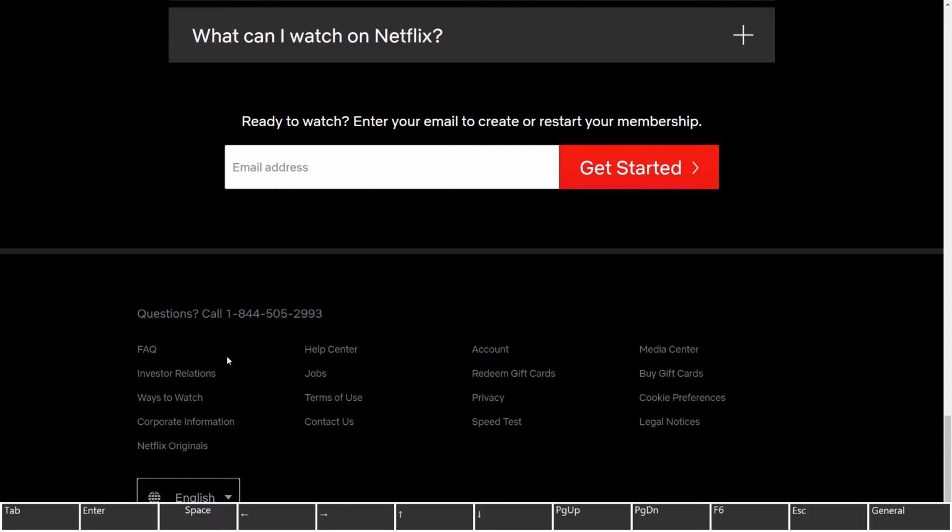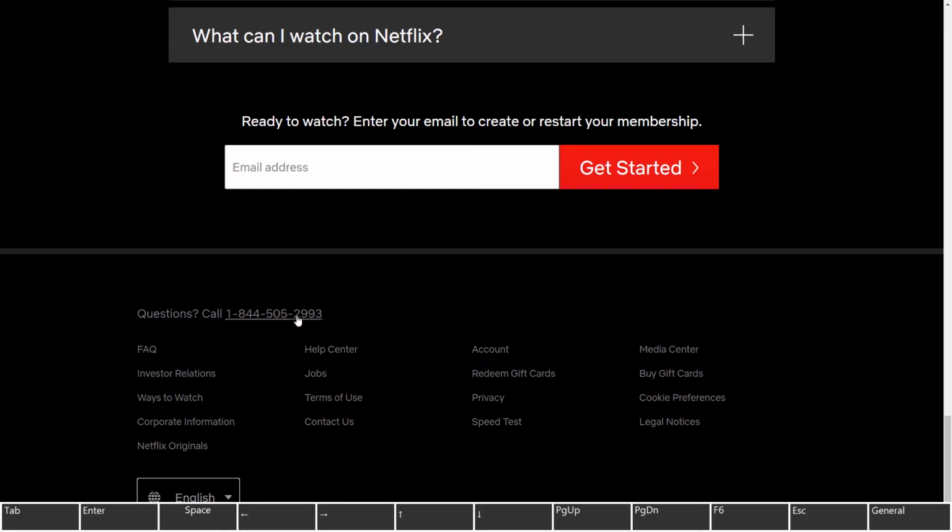So the problem is these links here look exactly like this text here called questions. So I don't know if they're links or not. They have sufficient contrast, but this will fail the success criteria. So what they need to do is just underline them. When I'm hovering them, I can see them underlined, but this is a failure of the success criteria, and it doesn't help me differentiate them from the text above.